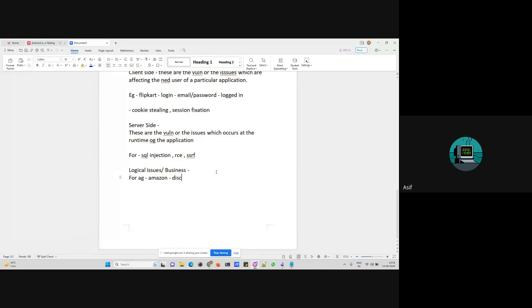There is a discount coupon that you could use in Amazon only one time. There is a coupon that a user can only use one time per user. You are going to Amazon, you have a discount coupon which could only be used one time per user. But if you are able to use this more than one time,